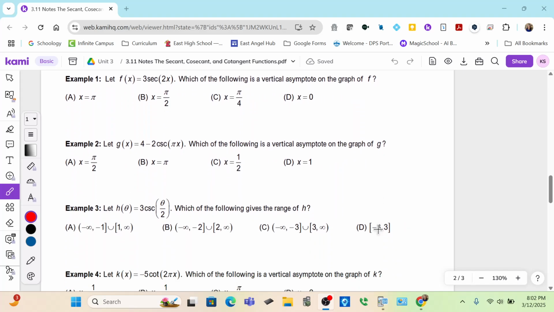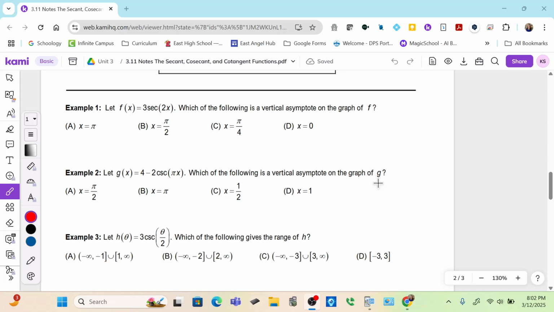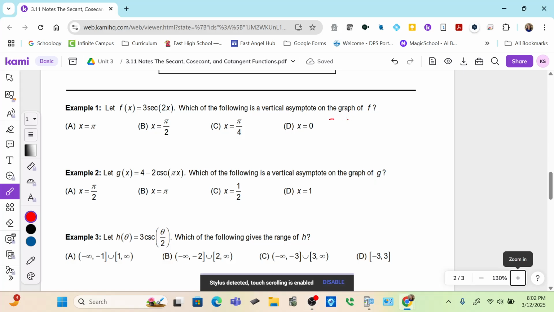So let's take a look at a couple of examples. I'm going to do examples 1, 2, and 3 with you before doing 2 from the last page of the notes. So here in example 1, it says let f of x equal 3 times secant of 2x. So what I'd like you to think of is secant is the same as 1 over cosine, so secant of 2x